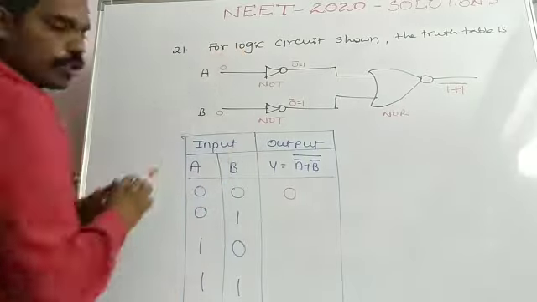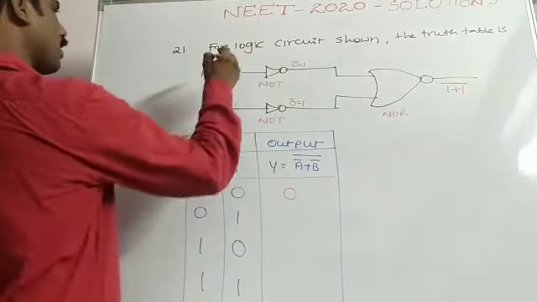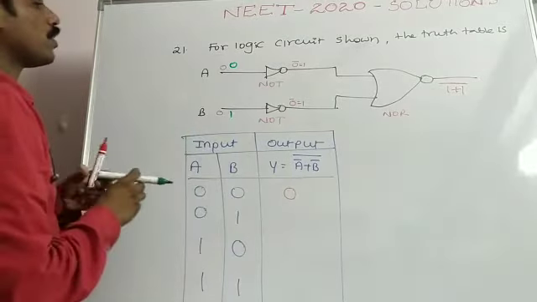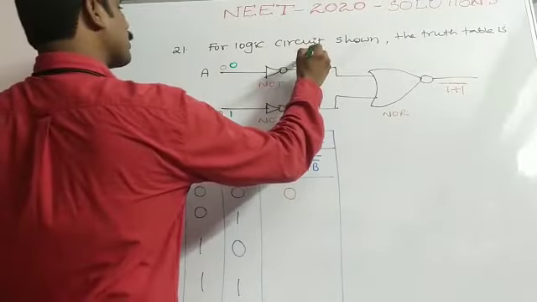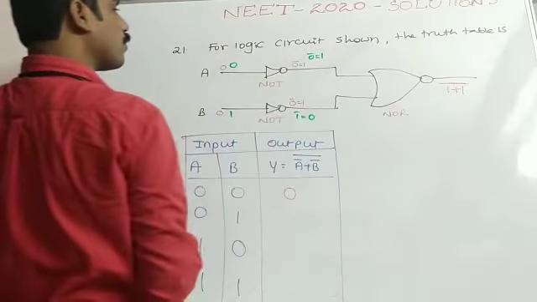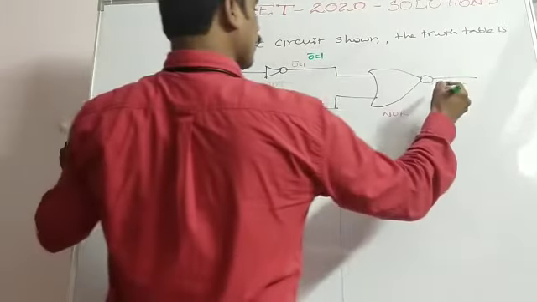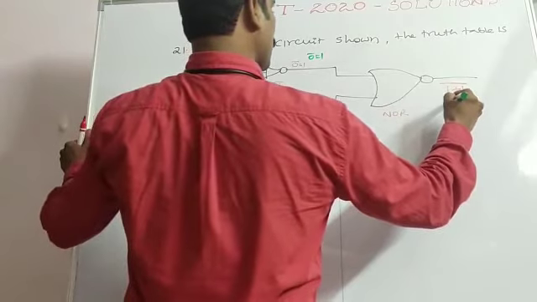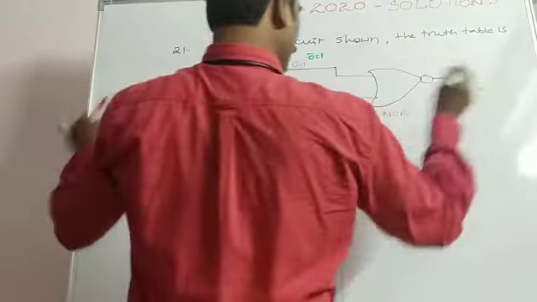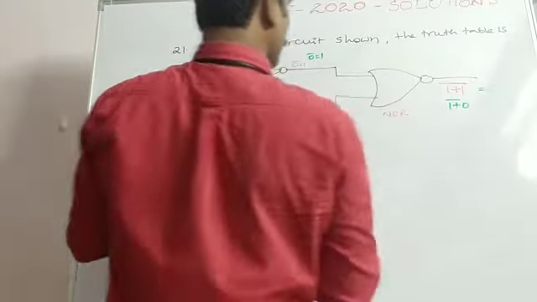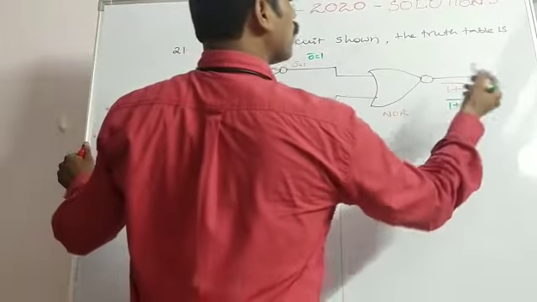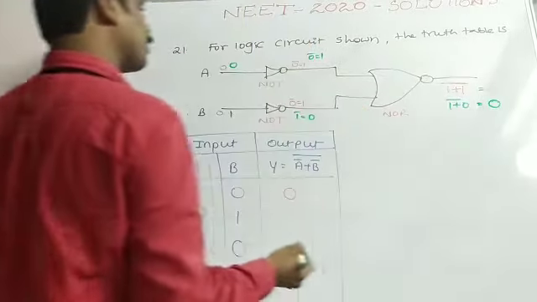given 0, 1. If 0 and 1 is given, the output becomes 0 bar equal to 1, and 1 bar equal to 0. Here for that second one, the output will be 1 plus 0 bar, which is equal to 0. Now 1 plus 0 bar, 1 bar, that is also 0.